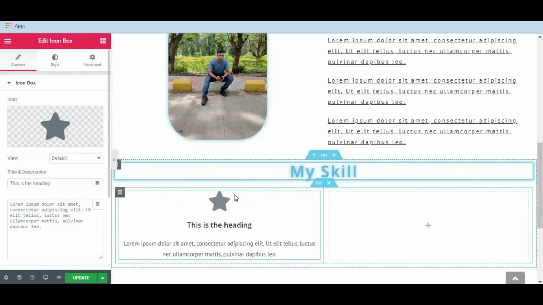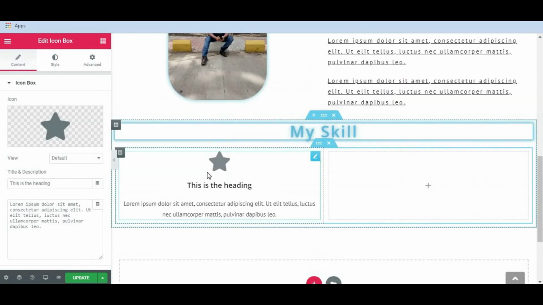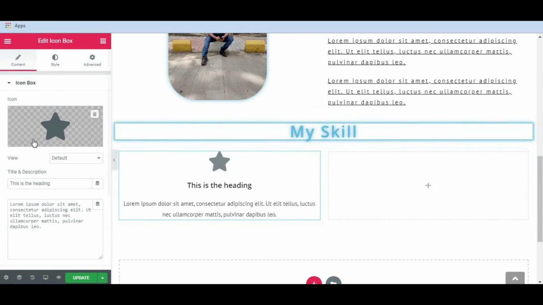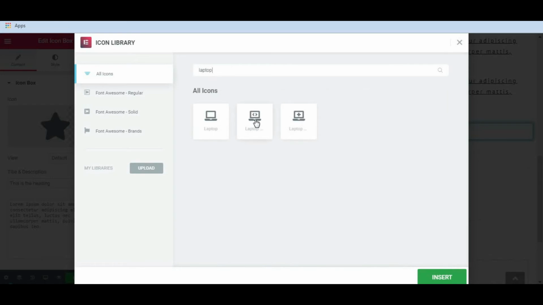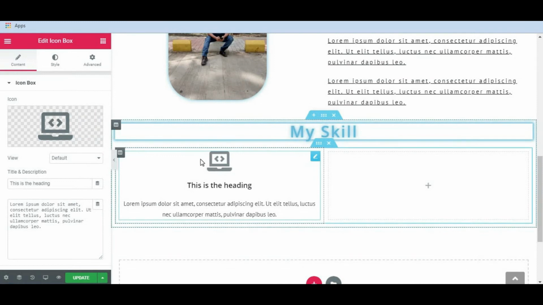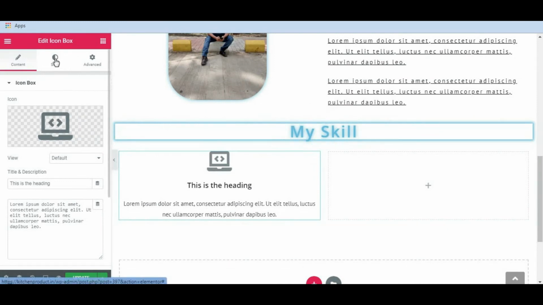Here we go. Okay. Now first what we will do, now we are going to change the icon. So click over here. Here it is. So choose the icon that you want. So I will search for laptop. Here it is. Select and insert. Here we go. Now let's change the color. Go to the style. Here is a primary color.